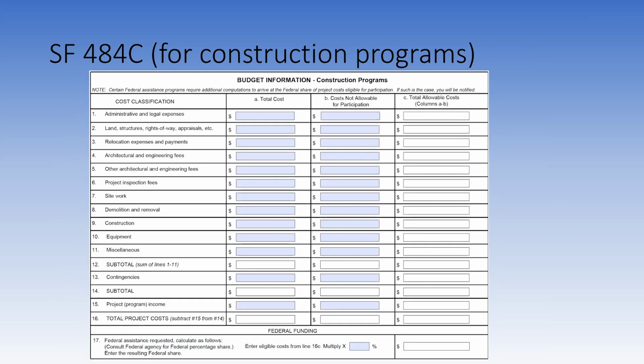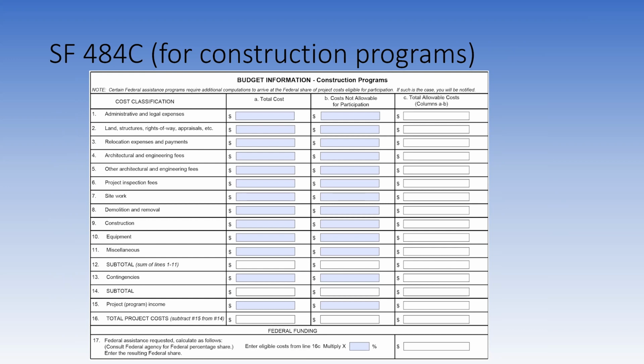All right, so let's now move. This is if you have a project that's primarily construction, you don't go to the 484A and then the related B document. Here you are at a primary construction project. There's some additional things that are needed for you, and this is standard form 484C and the related 484D that you go to. Okay, so here a lot of the same type things, but some specific stuff related to major